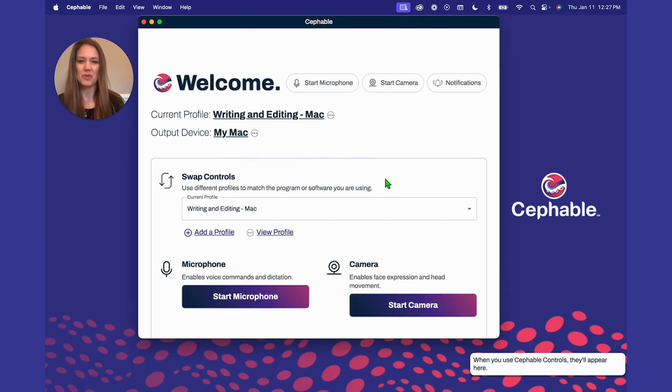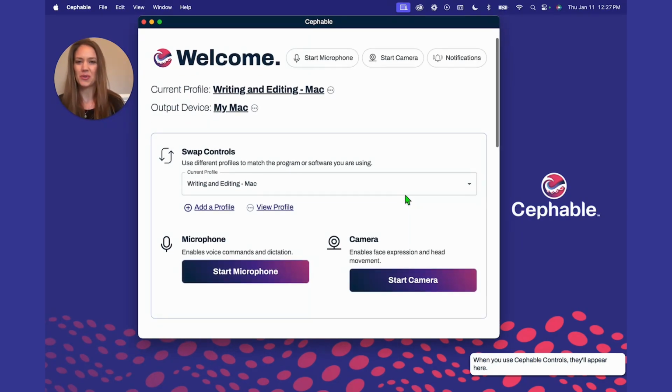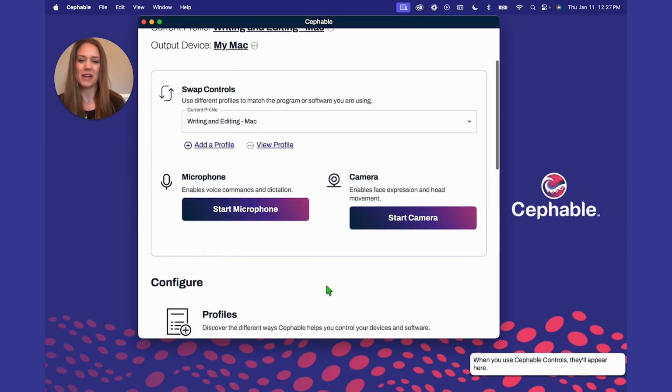Let's go ahead and move into the dashboard where you will get really familiar. This is where you're going to be able to quickly switch profiles, make edits, and start your camera and your microphone to use